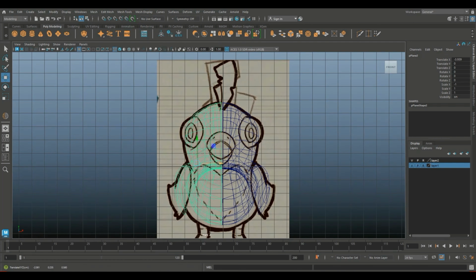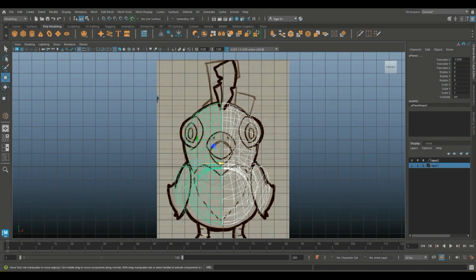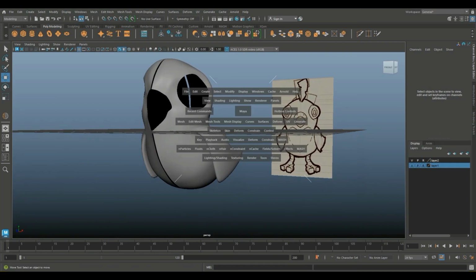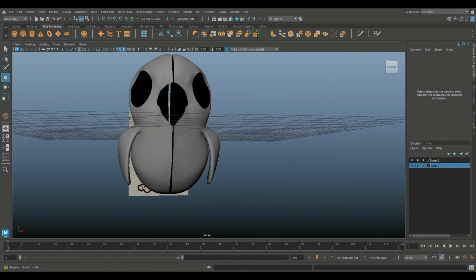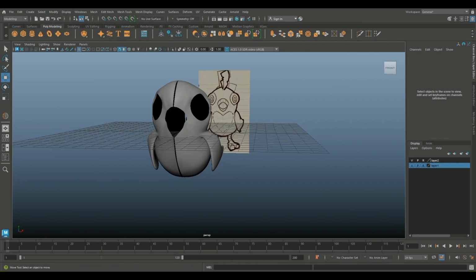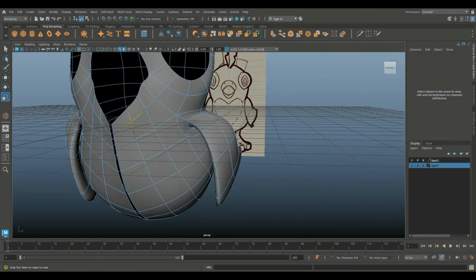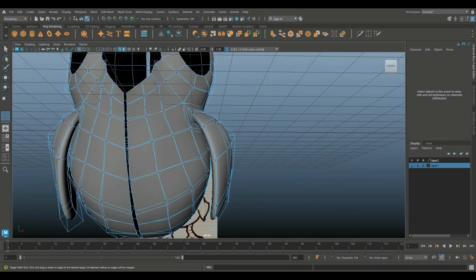After that we are going to merge those vertices. If you can't find that option, you have to go in mesh, combine. We have combined both sides,